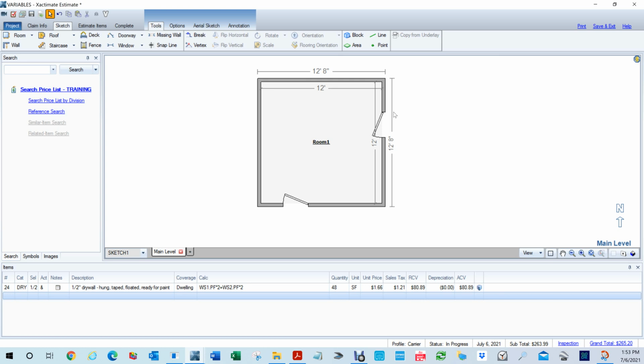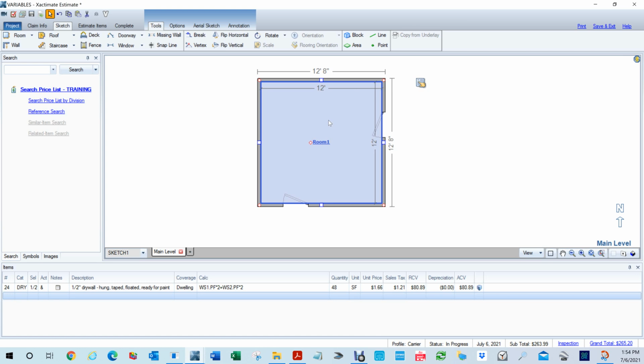I'm going to trick the machine. Because it doesn't matter if you put a door or a window. It doesn't matter. All it's doing is removing square footage from the areas that you want. So right now we got 48 square feet, right? Because remember, we're only going up 2 feet. So